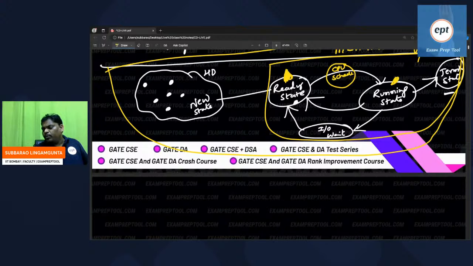The CPU scheduler will select only one person. The CPU scheduling algorithm may be the SJF algorithm, shortest job first, the FIFO algorithm, first in first out, or the round robin algorithm. All the CPU scheduling algorithms will come here. Some people ask, sir, so many are waiting, only one CPU, whom will it take? The CPU scheduler will decide. Who is the CPU scheduler? Maybe SJF, maybe FIFO, maybe round robin.